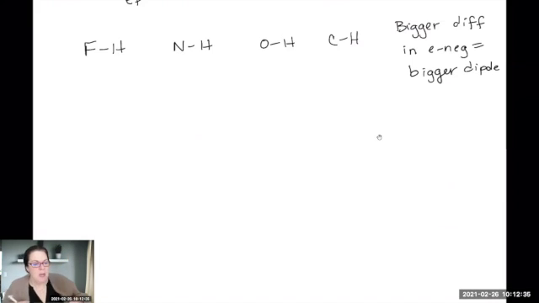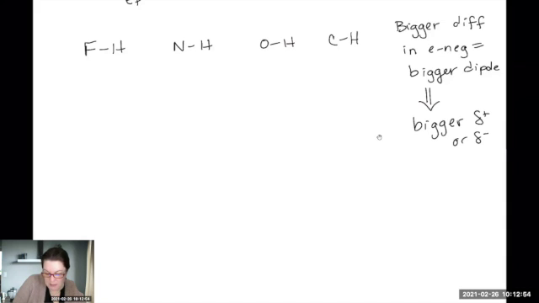And does everybody understand what dipole means with regards to charges? The bigger the dipole, the bigger the partial charges on the atoms. So the bigger the dipole, the bigger delta plus or delta minus on the atoms that are on either side of that bond. Okay. So you can look up the electronegativities. I am more than happy to put up